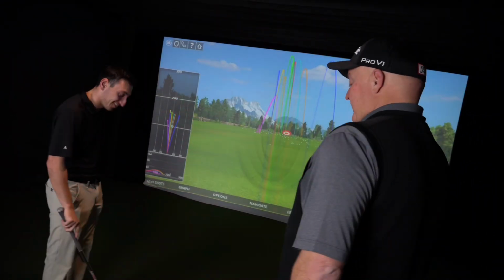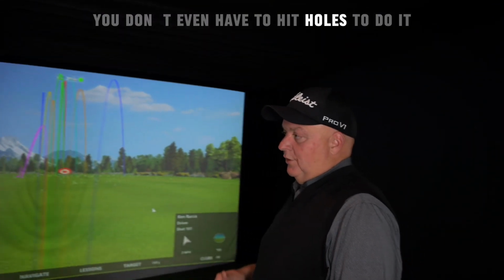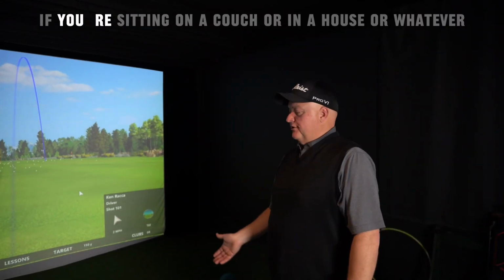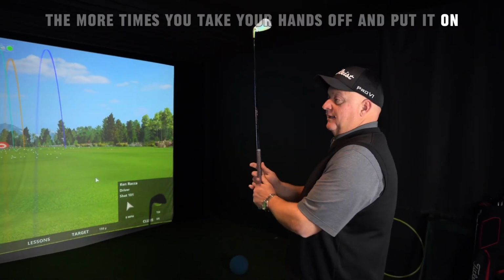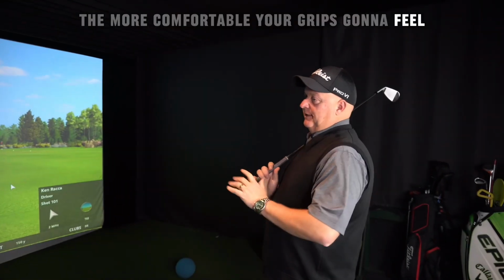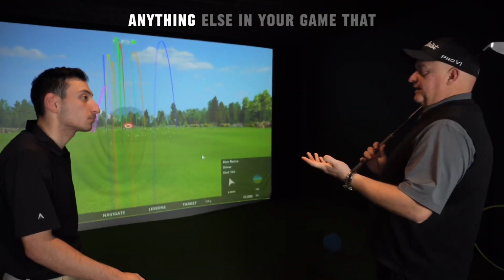Great stuff. So I want you to work on your grip. Again, you don't even have to hit balls to do it. You can just practice it if you're sitting on the couch or in the house or whatever. The more times you take your hands off and put it on, the more comfortable your grip's going to feel. And then we can just file it away. You won't have to worry about it. Anything else in your game